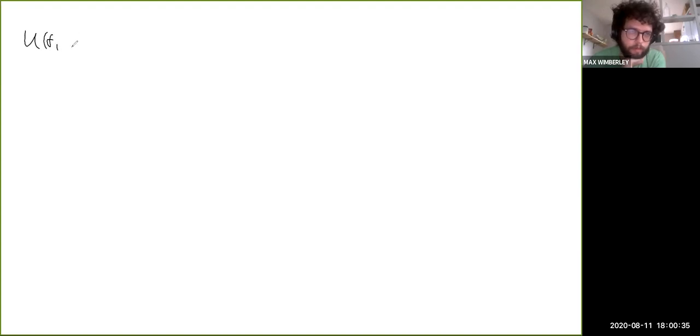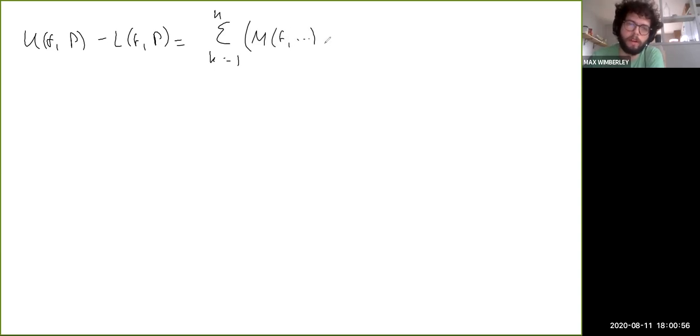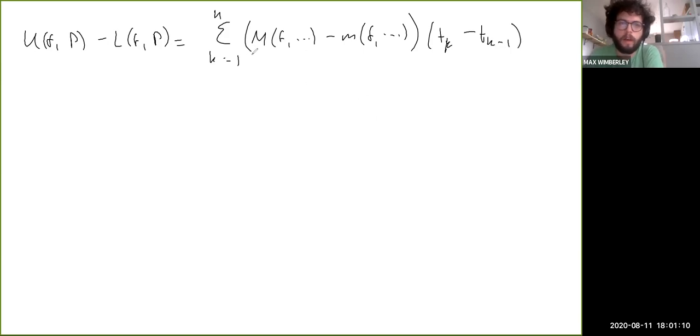U of F P minus L of F P is the sum from K equals 1 to N of capital M of F and whatever. I don't want to write all of it out right now. Minus little m of F, right, on the intervals T K minus 1 to T K. I just want to try to keep it relatively clean. And so what you can say is, because of the bound that we have, this